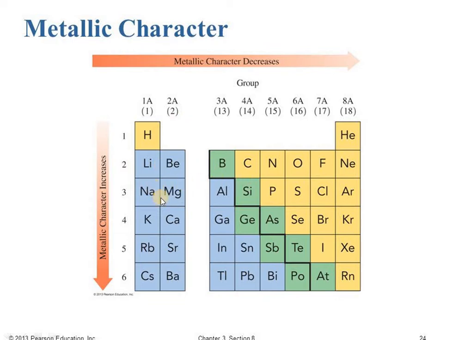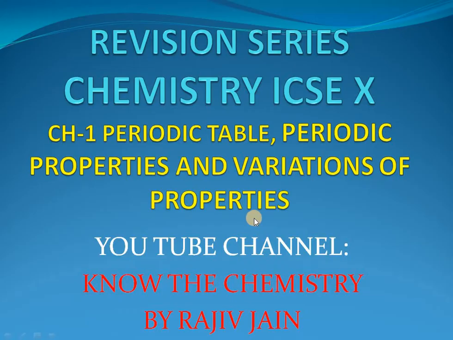Now you are aware of how to find period and how to find group. Let us see the property here, metallic character. Metal means left hand side. Left hand side means alkali metals. Alkali metals are very good metals, then alkaline earth metals. Right hand side means noble gases, non-metals. Similarly, fluorine, halogens are non-metals, and oxygen is also a non-metal. The green portion here signifies the metalloids: boron, silicon, arsenic, tellurium. These are metalloids.